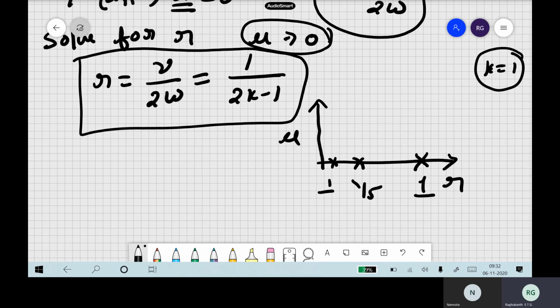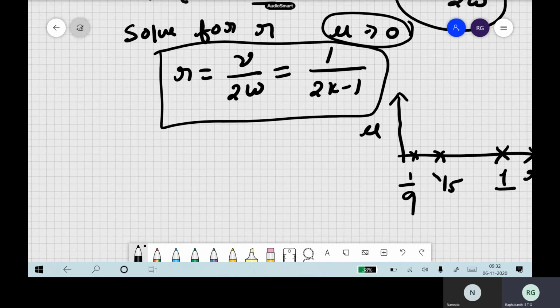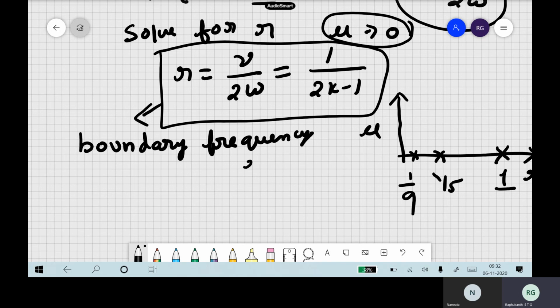If the load amplitude is very, very small, say, this is like an approximation of how the boundaries look. Okay, so this is how it goes. This is how the stability diagram is obtained. These types of equations are generally also known as boundary frequency equations. Technically people use the term boundary frequency equation.